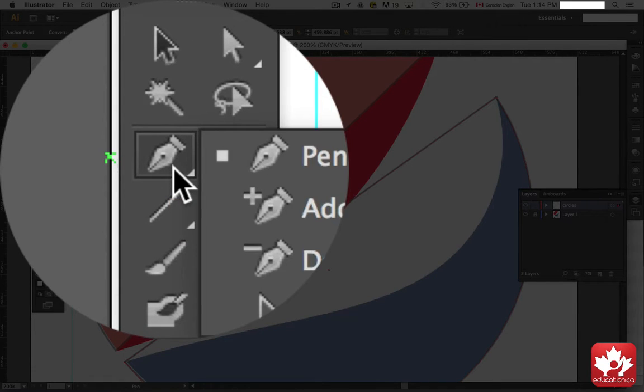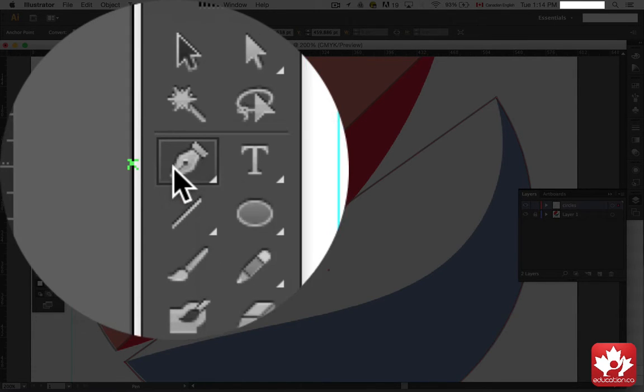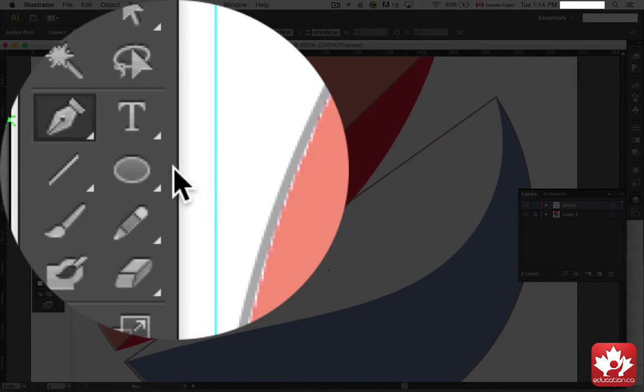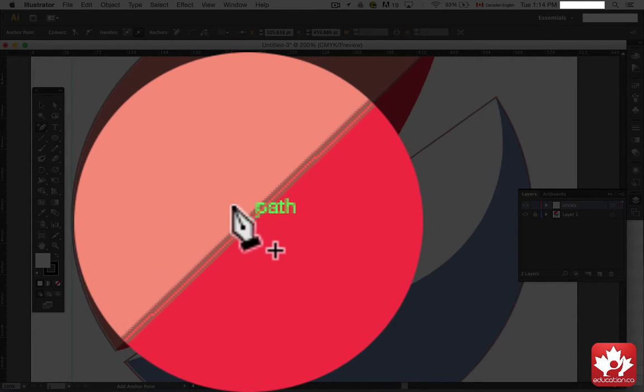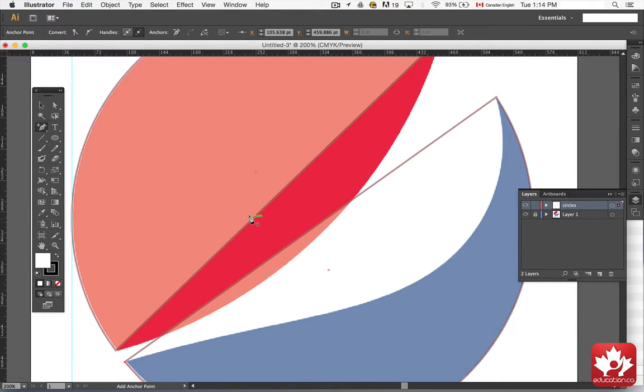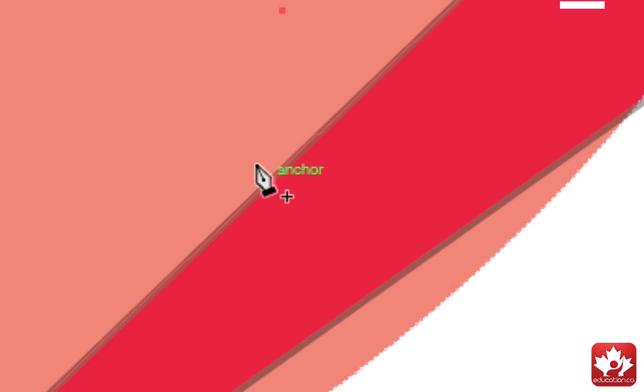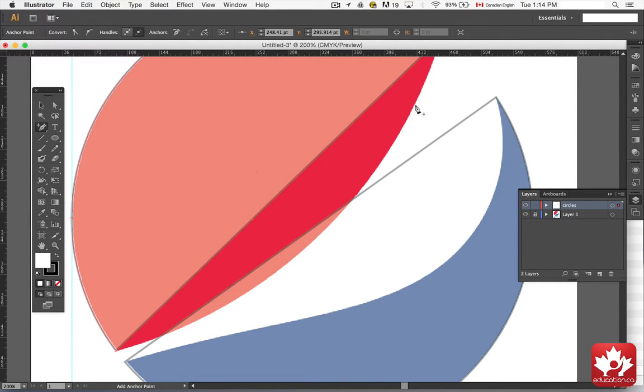Next, holding down near the arrow, the lower right arrow on this tool, I'm going to choose the add anchor tool. I'm going to add an anchor on this part of the path right about here. I'm trying to choose the height of the apex of this circular part of the Pepsi logo. That is to say, up here it's rising, rising, rising, and then at a certain point it starts to descend, the path going down the other way. So I tried to pick somewhere right in the middle,